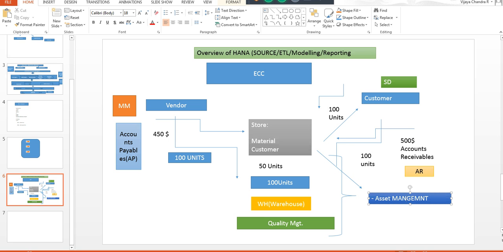You'll be getting data at every point of time. Every second you'll be getting some data through these business processes, and the data will be stored in underlying tables, Jyoti. There will be a database